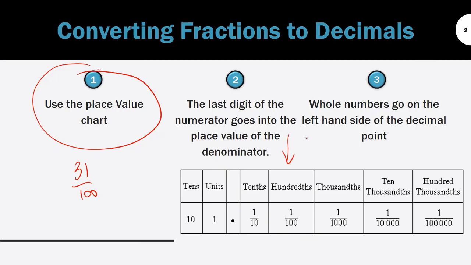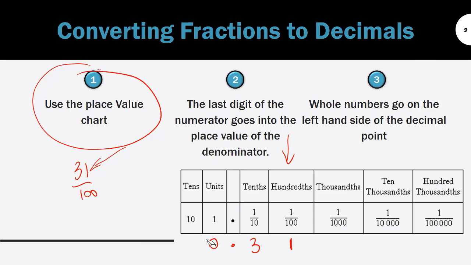I find the last digit of my numerator and place that here on my place value chart. Then the 3 goes directly next to it, my decimal point goes there, and I put a 0 in my units or ones, and that's it as a decimal number,